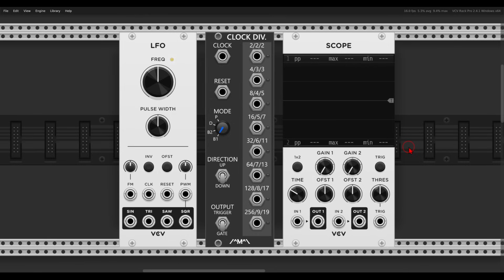So today we'll have a look at a few patching ideas with clock dividers that you can experiment with and explore. This will work also with hardware, of course,